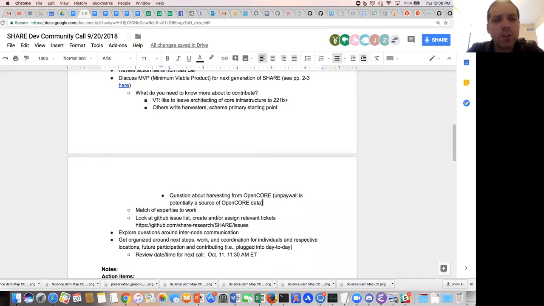But Unpaywall was also trying to, I believe, harvest data without OpenCore because of this issue. So they may be harvesting their own data as an alternative to OpenCore. I think that was the plan, to write harvesters that didn't use OpenCore because of this issue. So we would have to bring on the Unpaywall folks to check, or someone to contact them. But yeah, we can certainly look at that as a source as well.